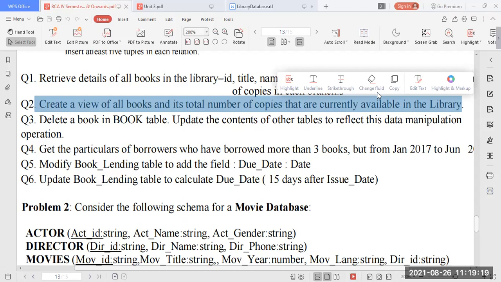To make that total, we have learned an aggregate function called sum. Hope I have taught you what sum is. You take the aggregate function sum followed by brackets for what you are going to total. Now the question arises: what total do we have to make? We are going to make the total of the number of copies from branch 1 of the DBMS textbook and from branch 2 of the DBMS textbook. Assume branch 1 has 10 copies and branch 2 has 20 copies. So 10 plus 20 will become the total here. So I will proceed with the query first.